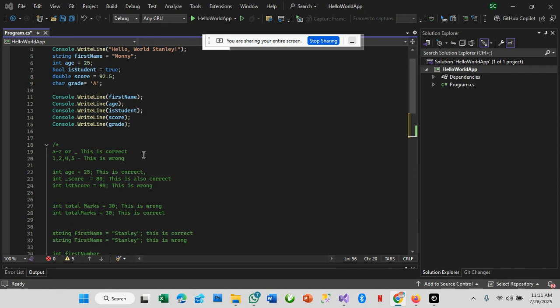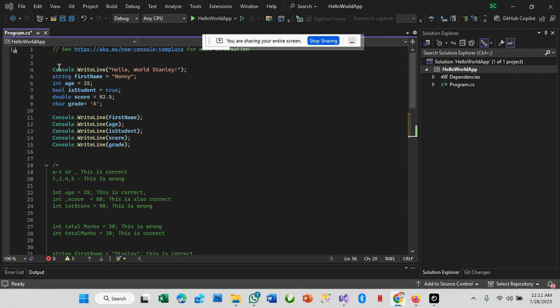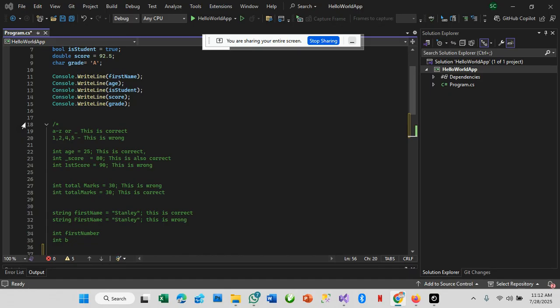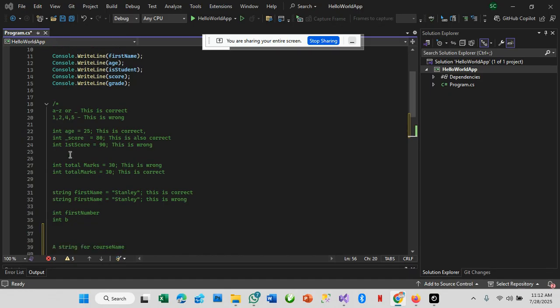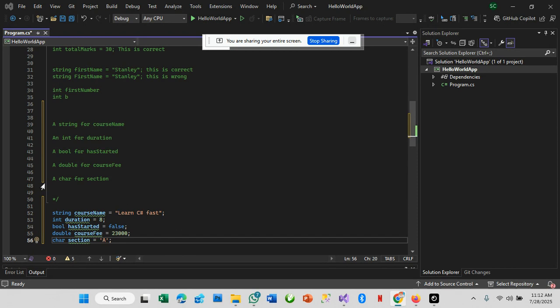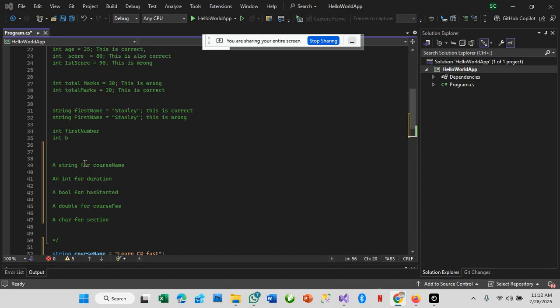If you check on the screen, you can see my lines of code. Lines 4 to 15 are being read by the computer. On line 4, you see Console.WriteLine, hello world Stanley. Then on line 15, Console.WriteLine, great. Going down, lines 18 to 47 are lines of code